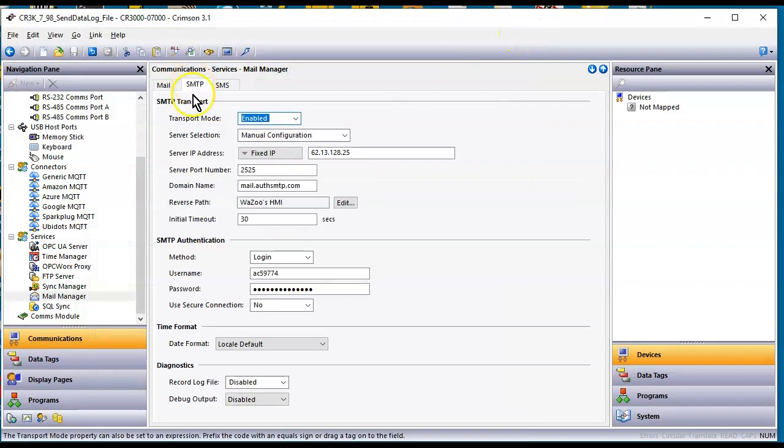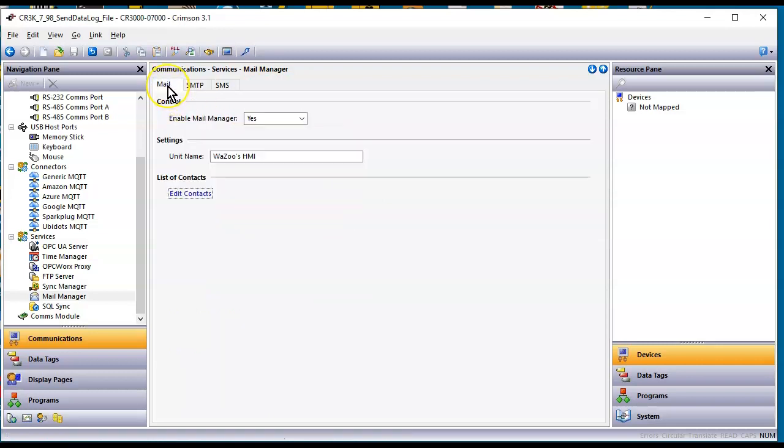If I go to the SMTP, now I'm using Auth SMTP. You could use Google, you could use your own email server. You just want to make sure that this is all set up correctly with your email. And the first thing I want to do is I want to make sure that that works. Okay, so I'm going to go over here